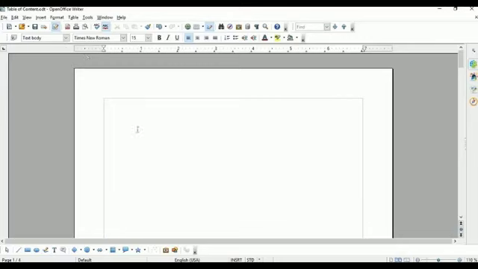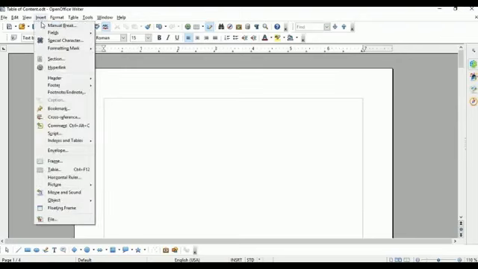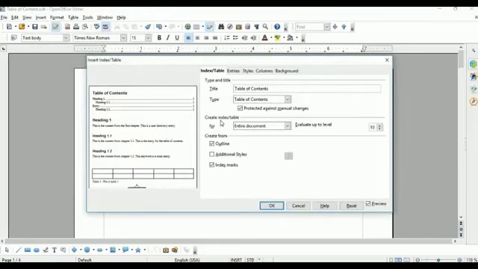What I will do, I will go to the insert menu bar, select insert. There is an index and table option. In the sub menu we will get 3 options. One is entry, second one is indexes and tables, and third one is bibliography entry. So here I will select the second option, indexes and tables. See, once I click the index and table option, now the insert index table dialog box will appear on our screen.